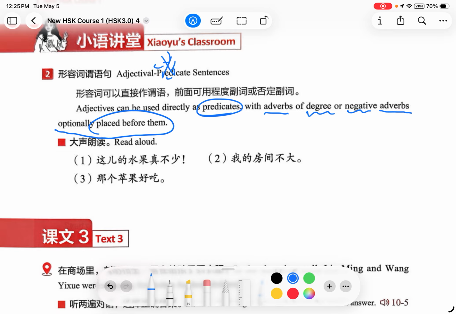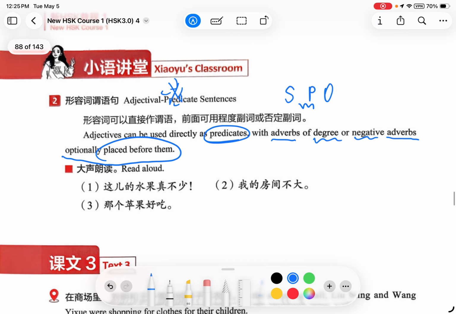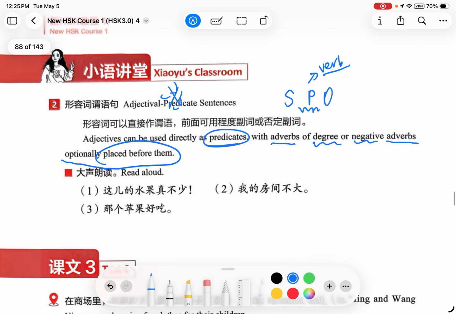So basically our structure we talked before is subject, predicate, object, right? In most situations, predicates can equal to verb, right? It's verb. I eat